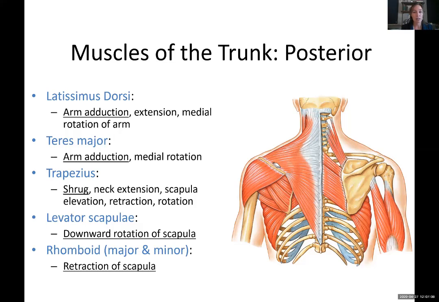Levator scapulae. Now this one, people always get backwards. This is levator scapulae here. It's underneath the trapezius. They've peeled the trapezius away so we can look at it here. Notice that it's attached to this top part of the scapula, and it's attached to some of these transverse processes of the cervical vertebrae. So you don't need to recount its origin and insertion,